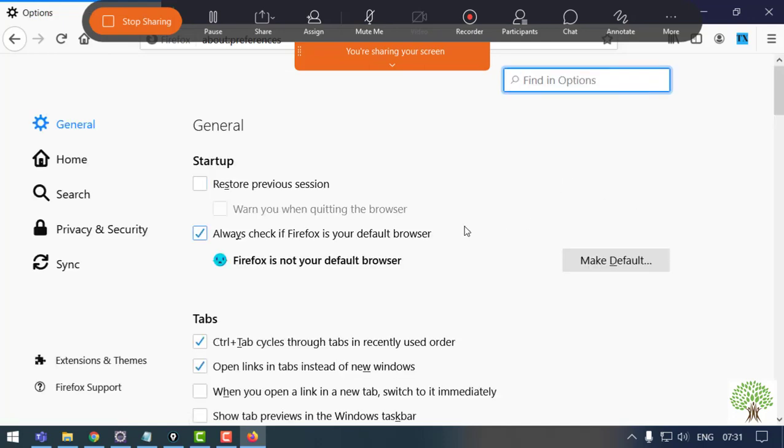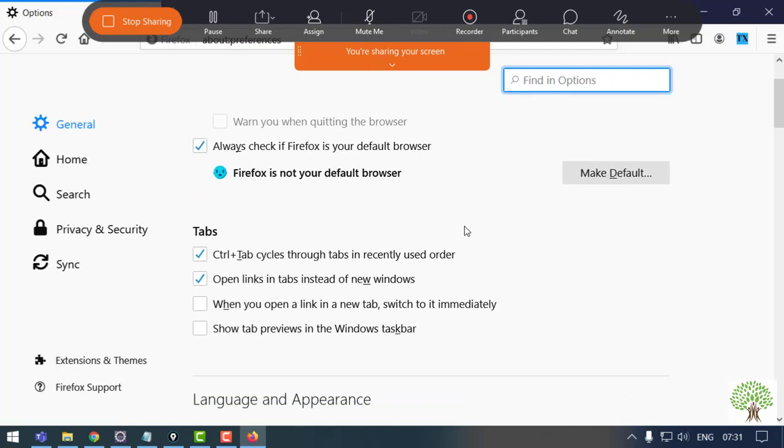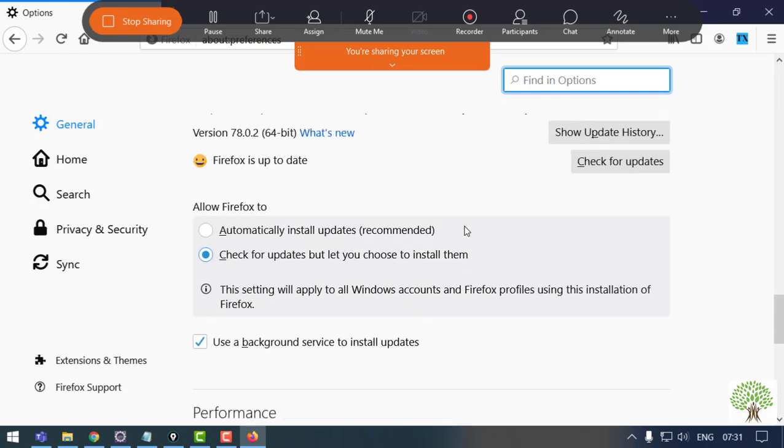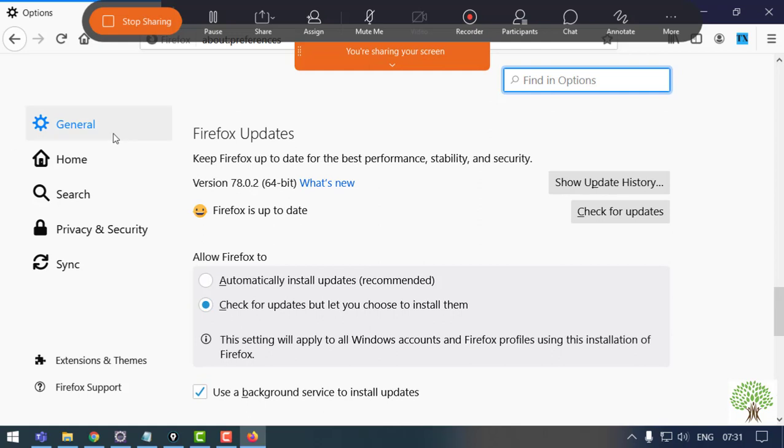In the options, you will find a section of Firefox Updates. Just go to that section, this one. Now it has updated to version 78. The new one has come up, right? But whenever you are automating the Firefox browser, make sure that the Firefox update has a setting that it checks for updates but lets you choose when you want to install them.